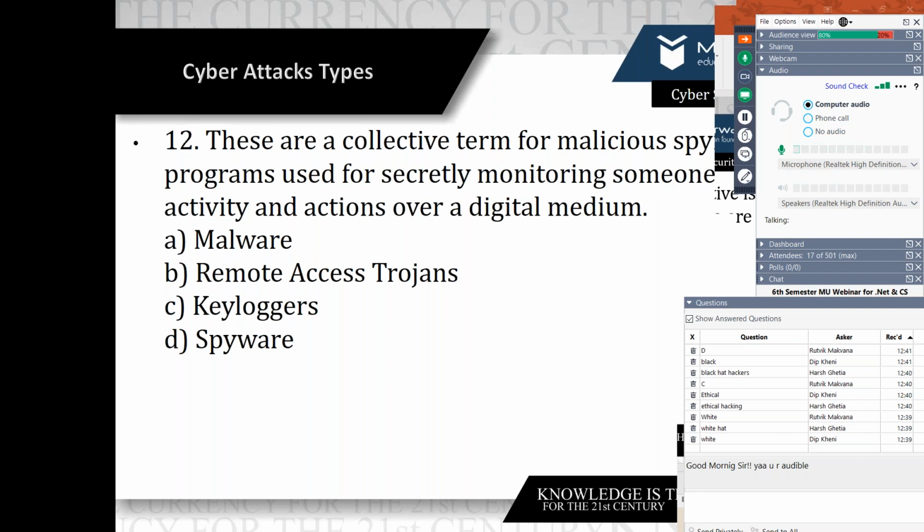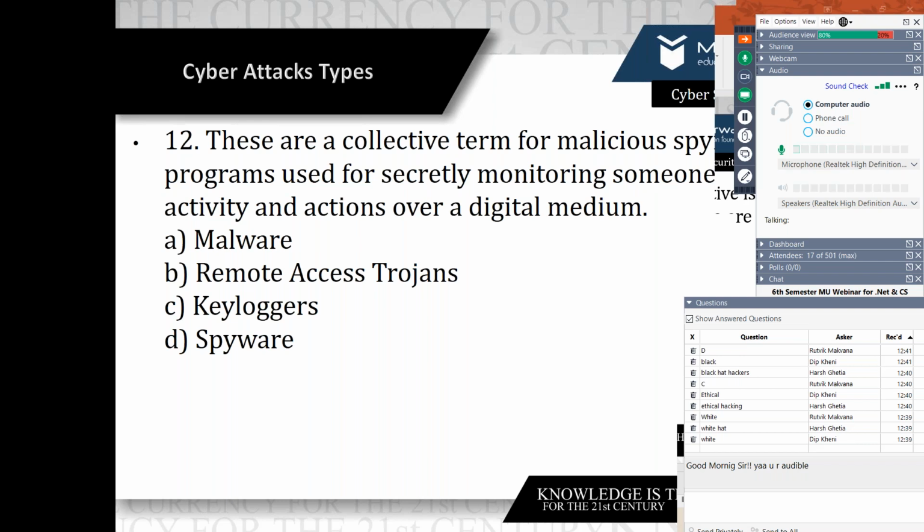The answer is spyware, because it carries out malicious activity through spying. It means a particular software or program which continuously monitors someone's activity through the digital medium, through internet activity. The answer is spyware.